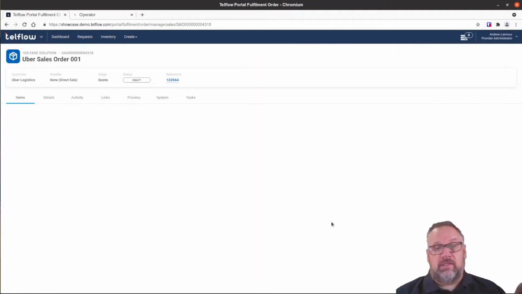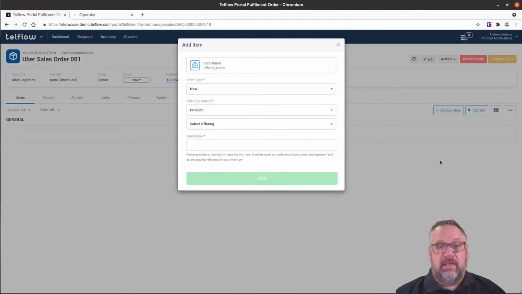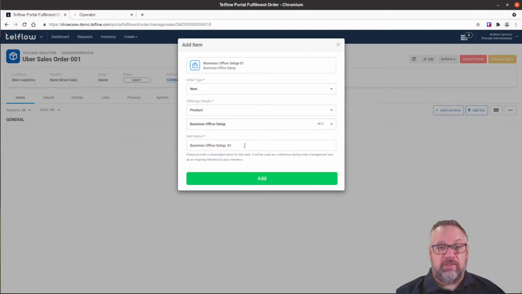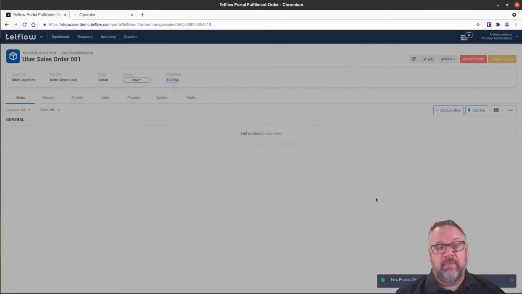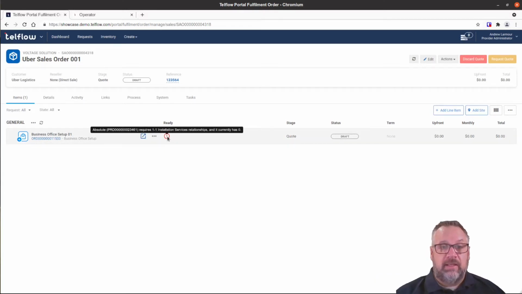So what I've done is created a sales order, and a sales order is just a container for multiple product orders. So let's add in some product orders. Let's say they are setting up a brand new office, and so we'll add the Business Office Setup. Let's add that in. And we can see the little red marker here indicates that there's some configuration that needs to be done in order for this to be valid, in order for us to progress this. So let's